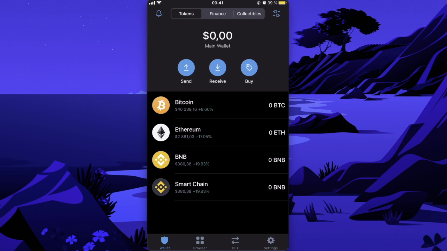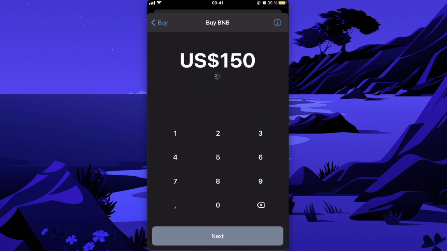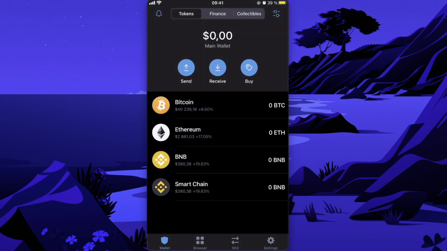So to buy BNB, you can click on buy BNB, enter the amount and buy it with your credit card like this. But Trust Wallet has higher fees, so I highly suggest you to use Binance.com, for example, and